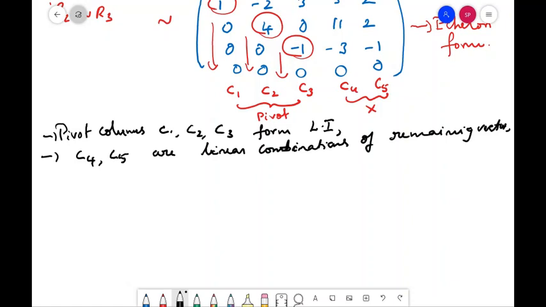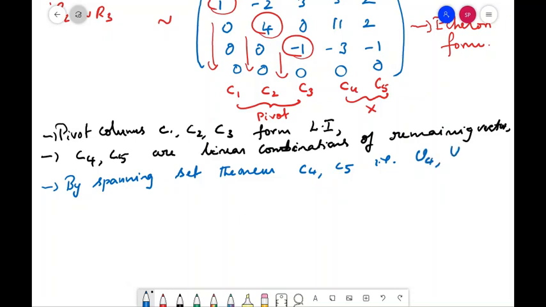Then what is there in the spanning set theorem? By the spanning set theorem, because this is a spanning set v1, v2, v3, v4, v5, the vectors corresponding to C4, C5, that is v4, v5, can be removed